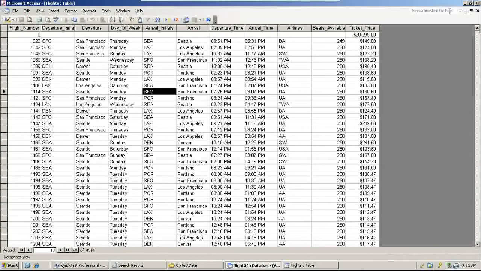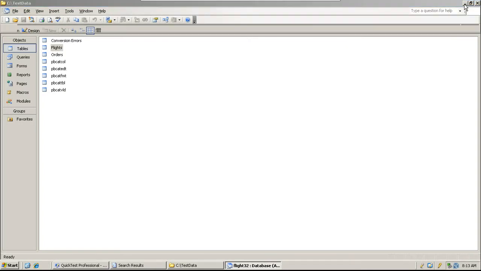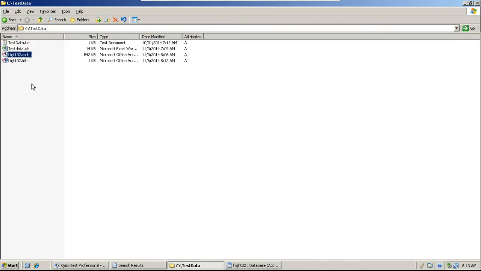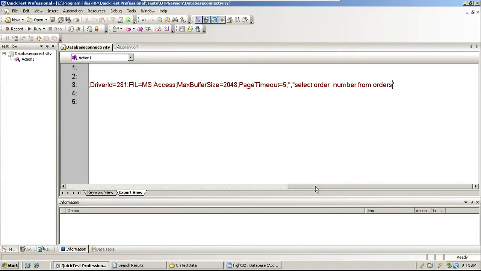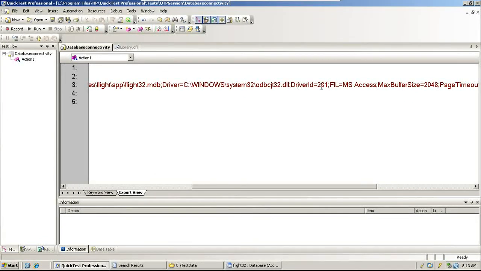Let us see what it is; irrespective of that it shouldn't matter. Now the only thing is how you change the connection string. Why does the connection string change? Because you are taking it from a different path. The database path is not the same anymore.